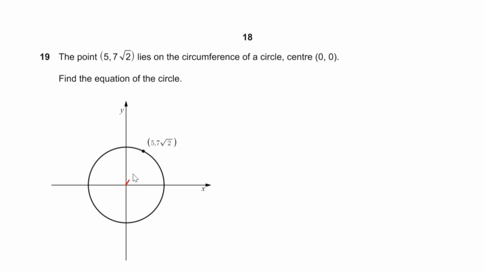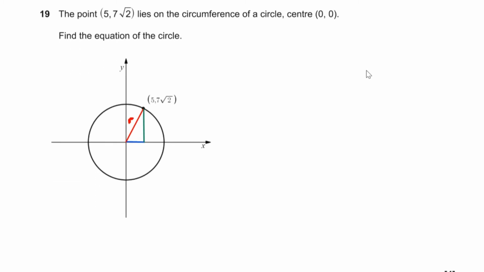To find the radius, we can use Pythagoras. So, constructing a right-angled triangle, we go 5 across and we go 7 root 2 up,